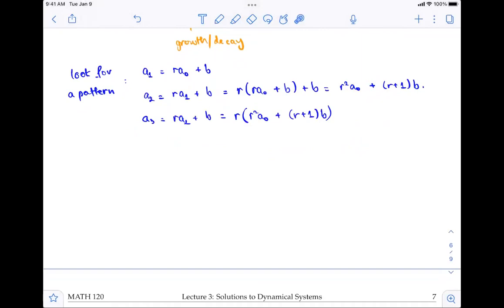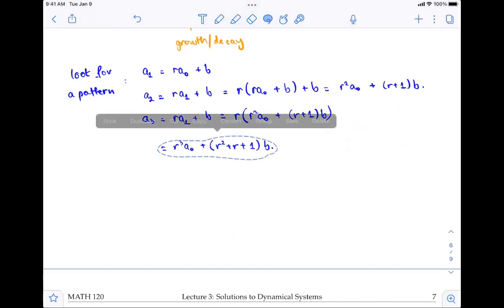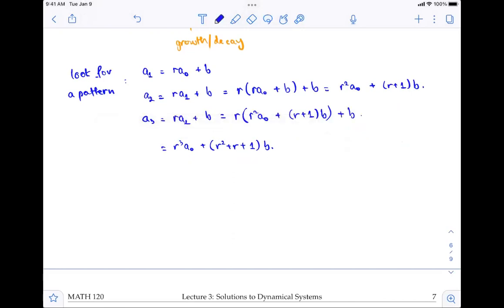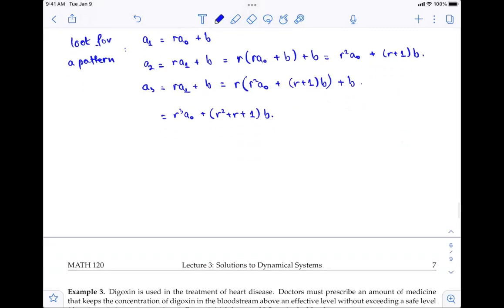And if you distribute r, you get r cubed a0 plus r squared plus r plus 1 times b. I forgot this b here, so move this down here and add another b. Okay, so hopefully we recognize the pattern here. If you continue to work out the pattern for the sequence, you will see that